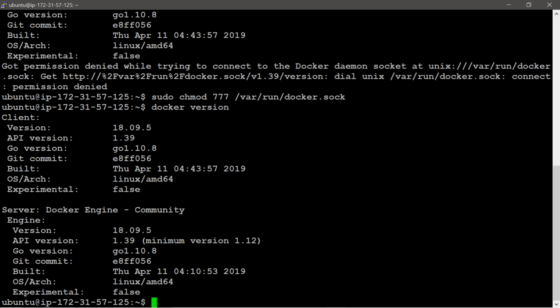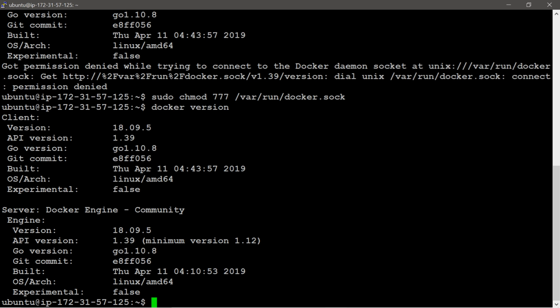Before using the Docker commands, we should add the user to the Docker group. The Docker group comes from the Docker installation to this system. In this system the Docker group is now there, it came from the Docker installation. Now I am going to add this Ubuntu user to that Docker group.